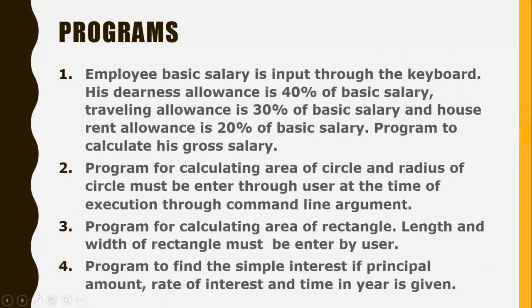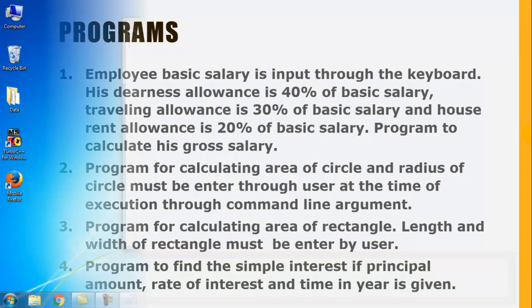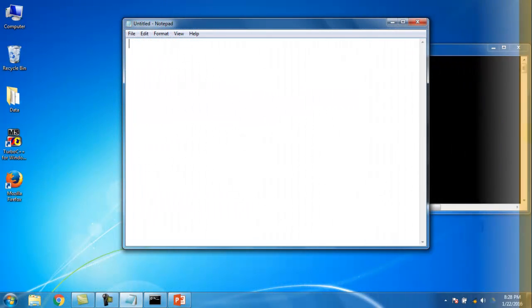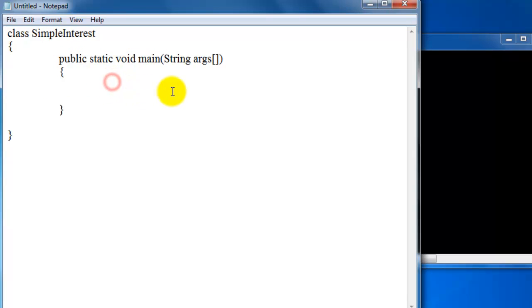Now in the next program I am writing code to find the simple interest if the principal amount, rate of interest and time in years are given. So here we go. In this program we are going to calculate the simple interest. For that, let's create a class SimpleInterest and take a main method.